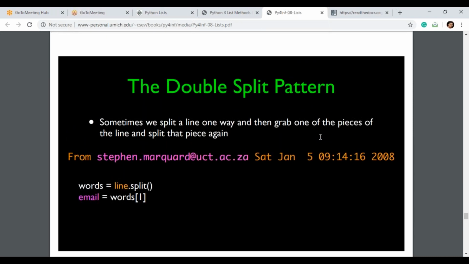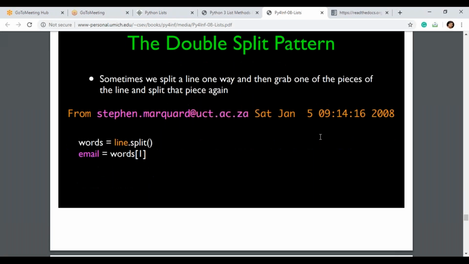Next, the double split pattern. See here, sometimes we split a line one way, and then grab one of the pieces of the line and split that piece again. See here, From Stephen dot Marquard @uct.ac.za sat jan 5 09:14. words is equal to line dot split of the entire line. Email is equal to words of 1. Right?